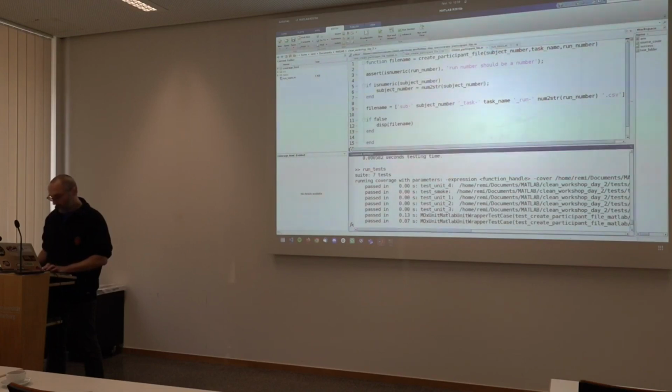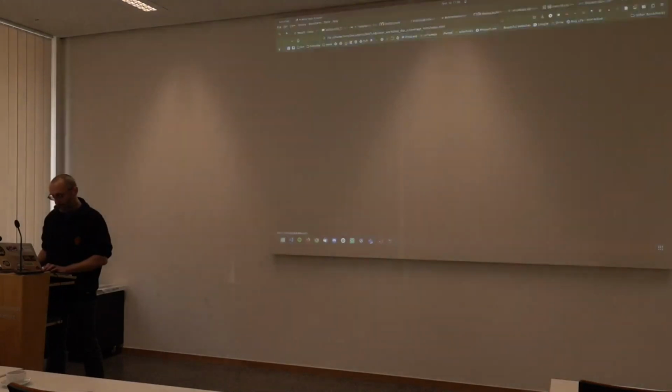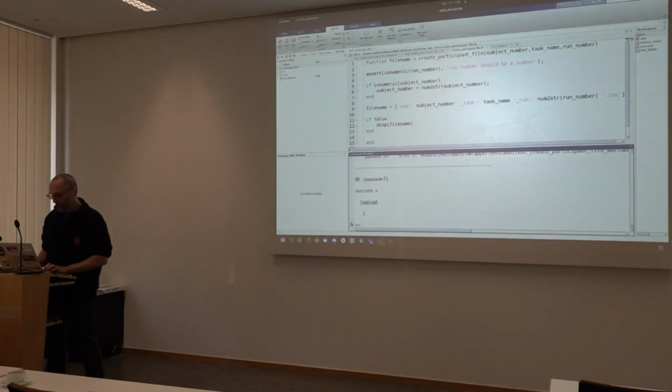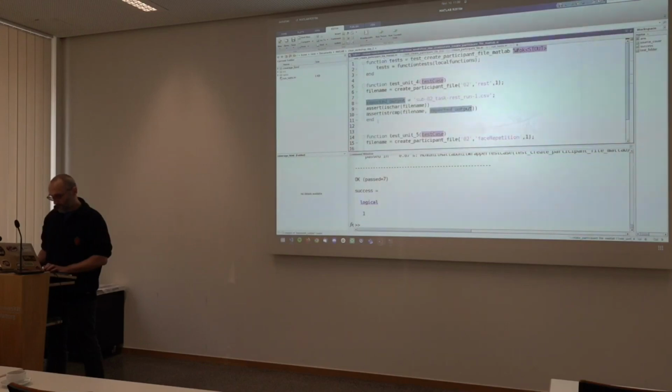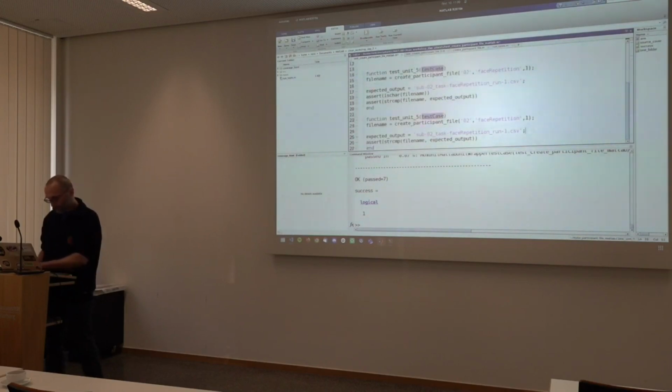So if we rerun all our tests and check our code coverage, we should see that this line has never been hit by any of our tests, right? So what you can then do is, okay, I want to make sure that this thing actually gets checked. So now what I'm going to do is add a test where I don't need this.